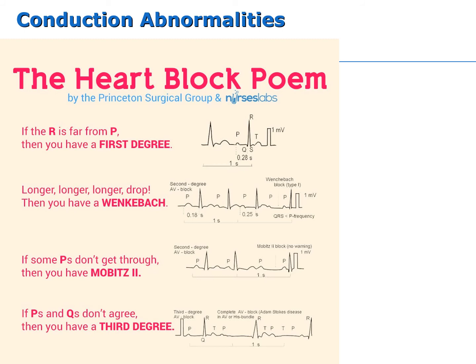A second-degree AV block type 2 is when only some of the atrial impulses are conducted through the AV node into the ventricles. And that's here, hold on. So this is first degree. Second degree type 1. Second degree type 2. And a third degree,